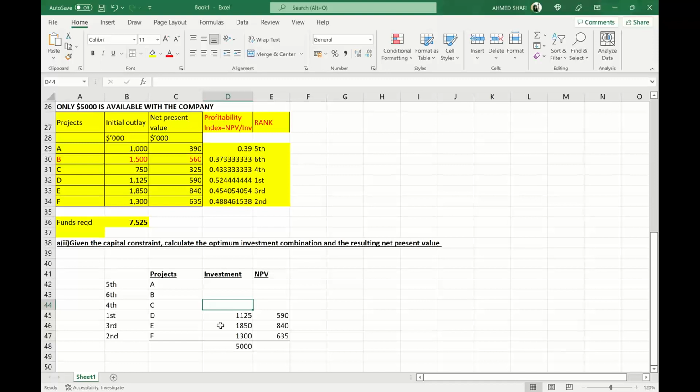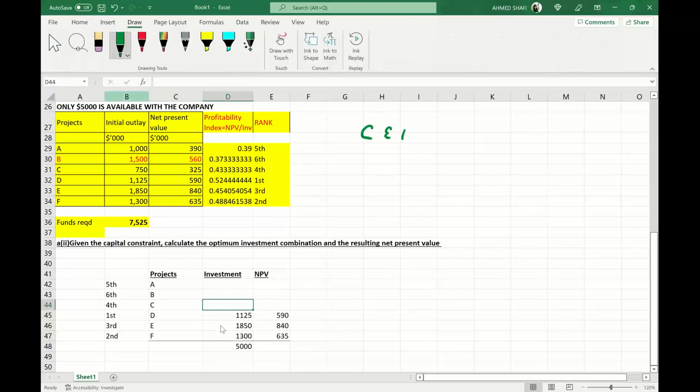What is the fourth one? C. You injected first in D, then second in F, then in E, and the fourth rank is C. C requires how much? 750. You might have had 750, but the problem is it's mentioned